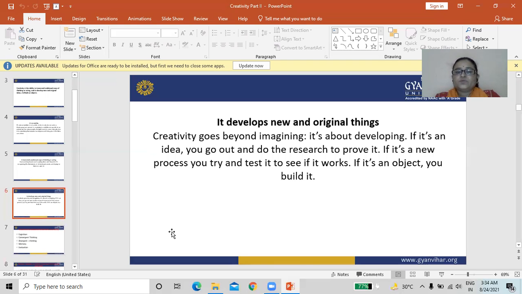Creativity goes beyond imagining, it is about developing. If it's an idea, you go out and do the research to prove it.